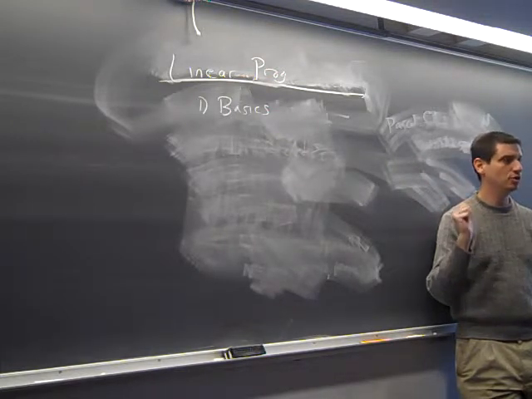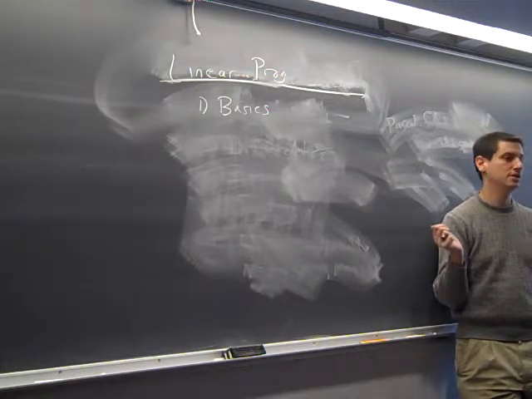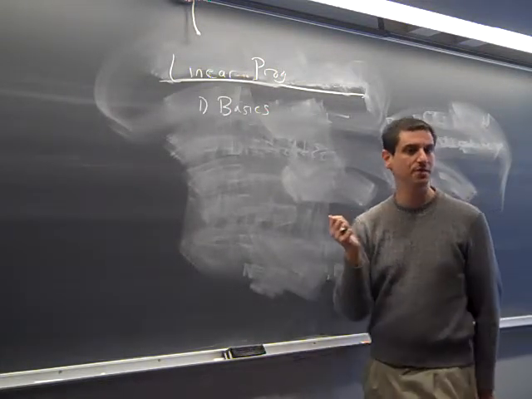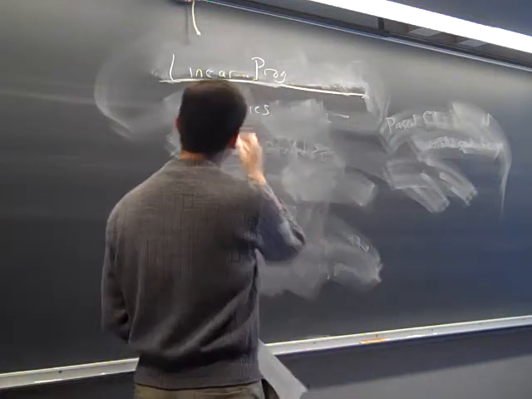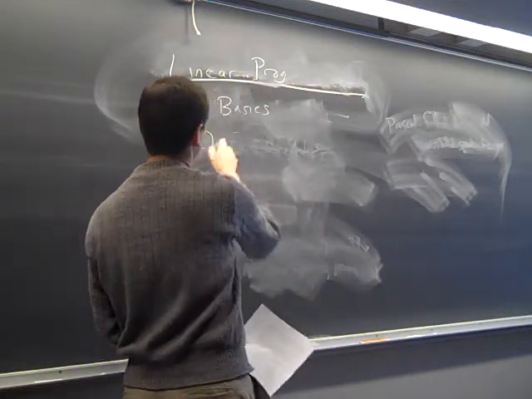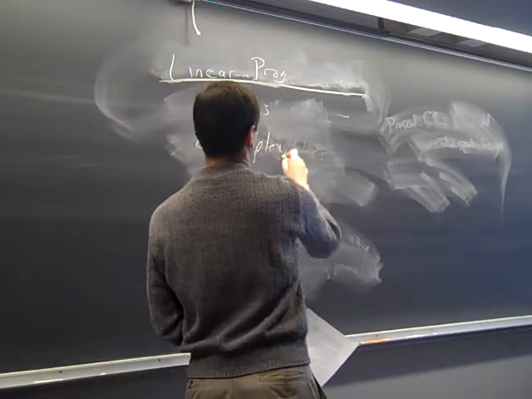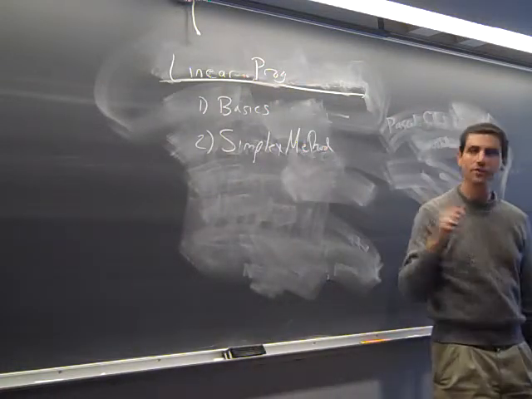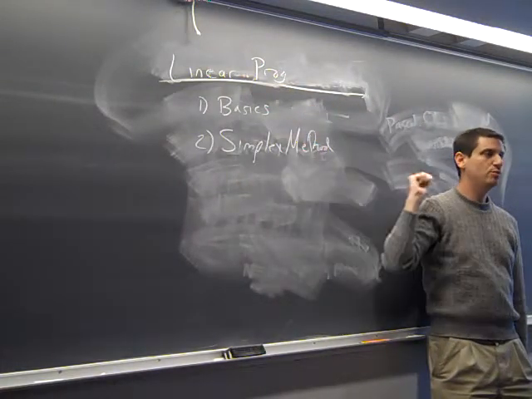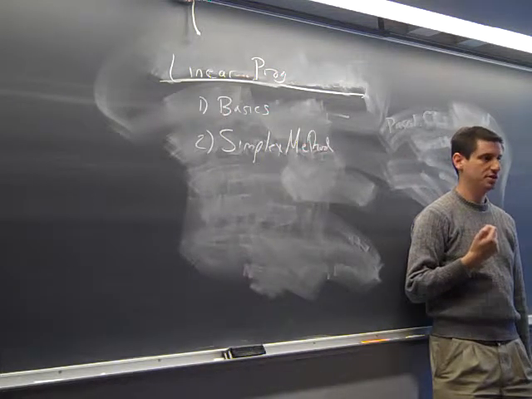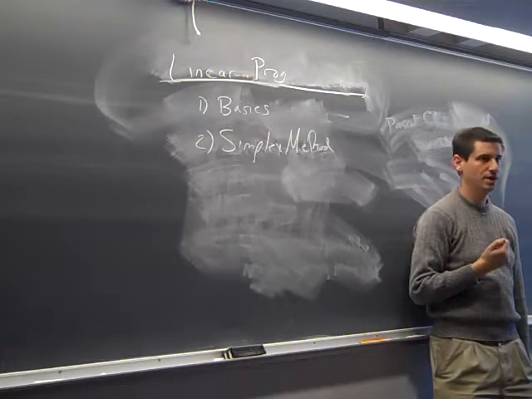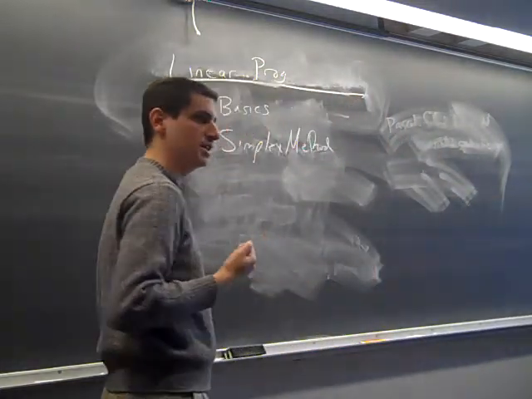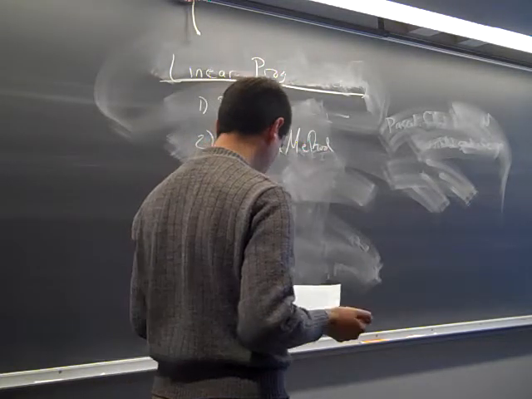We do not yet know good ways of solving all integer programming problems. And so for those of you who've done some computer science, this leads into the P versus NP. And so we'll talk about stuff like that. So the next thing after we do the basics of linear programming, we'll talk about the simplex method. And so the simplex method is a beautiful way of solving linear programming problems if we have real valued quantities, if we can vary things continuously. But when we get to the discrete stuff, we no longer have the power of the simplex method. We do have other techniques, which I would love to explore depending on how people's stuff is.